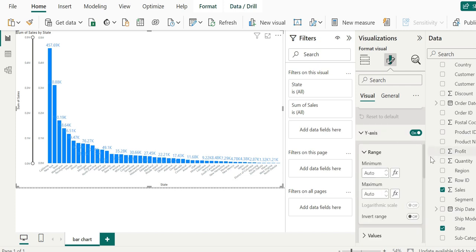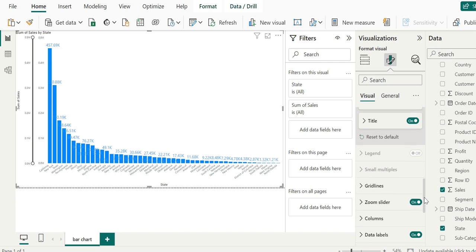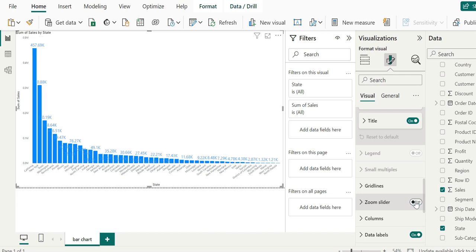Go to the y-axis. Reset to default. Turn off. Nobody can remember every point we have made till now, but if you set back to reset to default, it will change to the previous value.